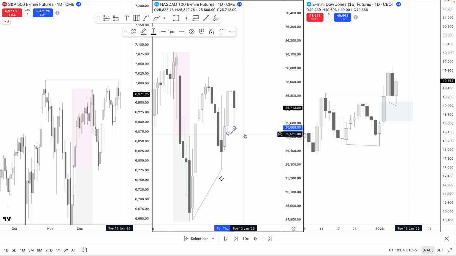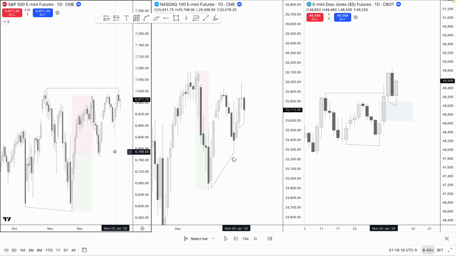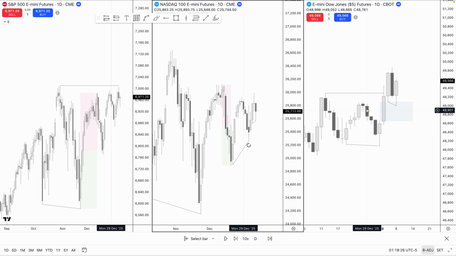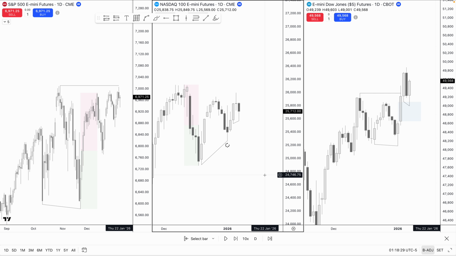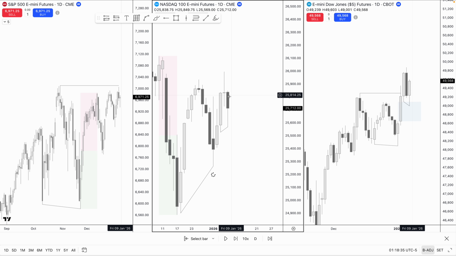So again, you don't have to have, a lot of people tell you different. I don't agree with it. You don't have to have the assets both creating gaps in the same way. That's not a thing in my eyes. I don't use it like that, and it works beautifully for me. I only have to have one asset in a gap, right? And the SMT can look like this, 100%. So this is an SMT fill to me, and it's also, again, a cracking correlation with the key level and a PSP. So this should be the